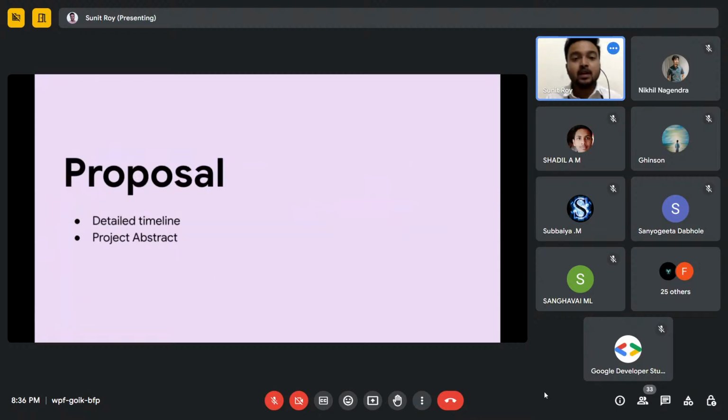And when you start contributing to the community, communicating with the maintainers, and you have found a good project that you want to contribute to, then you need to give all of your focus to the proposal. They will see your proposal, and they will select you or deselect you. So you have to have a good proposal. In the proposal, there are mainly two things that you need to write. One is the detailed timeline. By detailed timeline, I mean